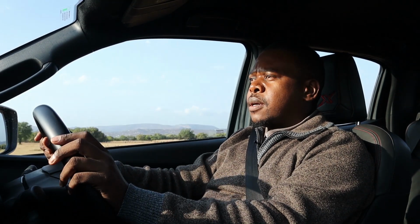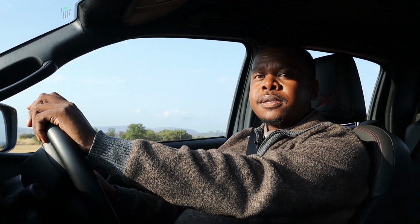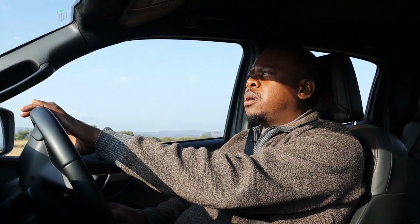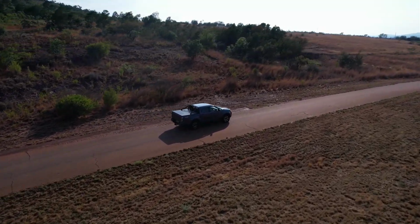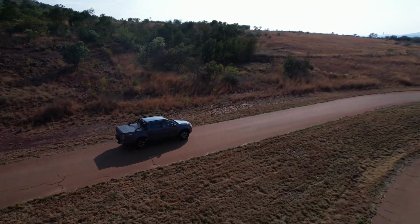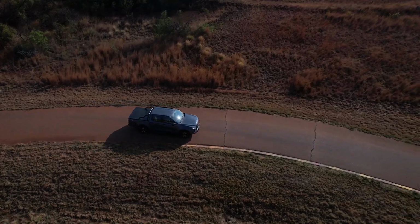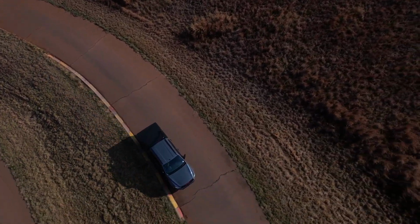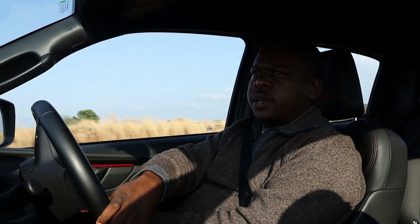In fact, this car has a range that we have tested, real life range, of around 650 to even 750 kilometers, depending on your style of driving, where you're driving, how you drive, etc. But you can almost get 800 kilometers out of this car, which I think is stupendous. It's actually very, very impressive, especially for a bakkie. And then you've got obviously your adjustable mirrors,